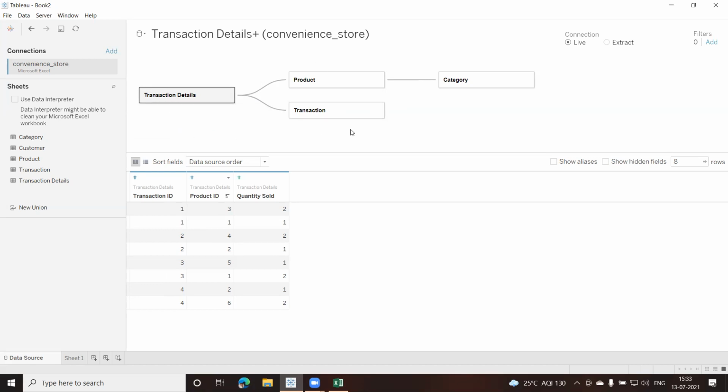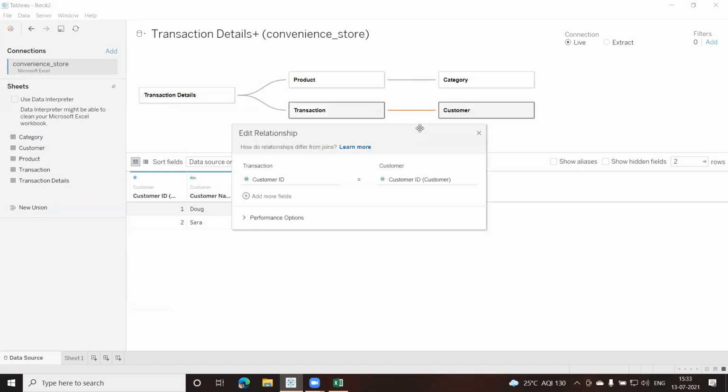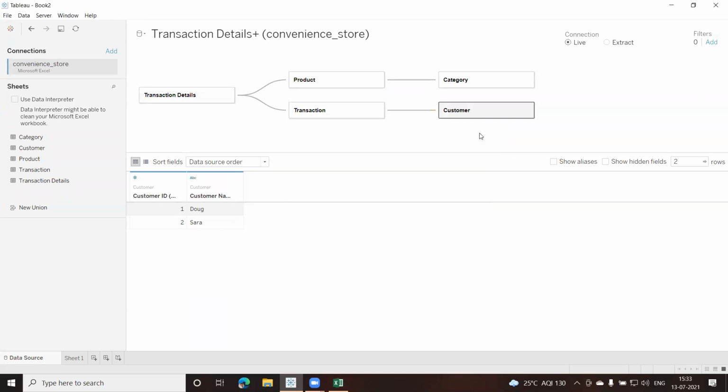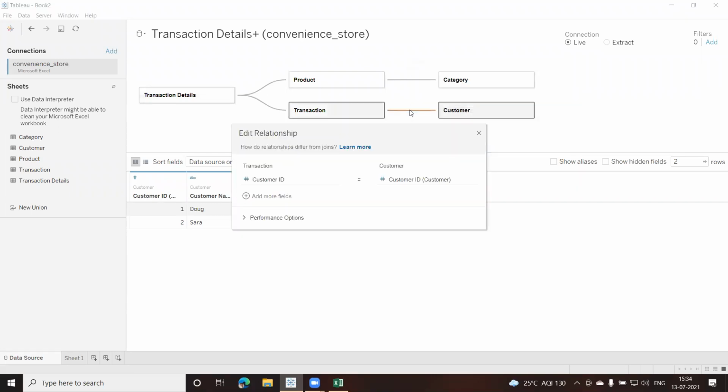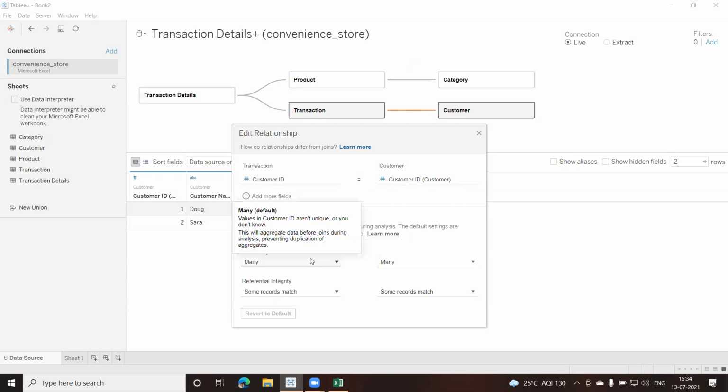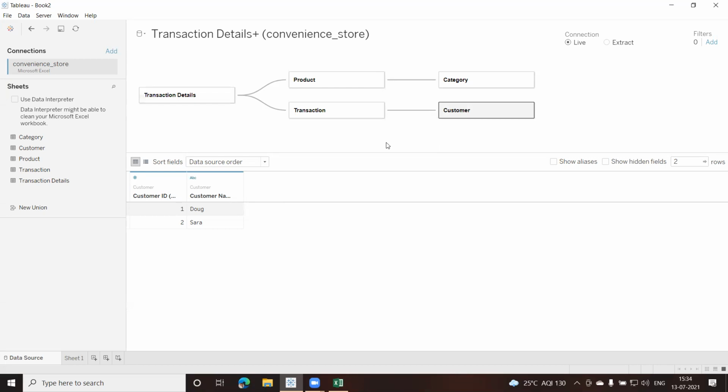Now, what is the fifth table we have? We have product category and we have customer. So I'll just drag this, because again, whether we have one customer with multiple transactions, or one transaction by multiple customers, both ways are not possible as set. So again, I need to go and change this. One customer will have multiple transactions, but one transaction cannot have multiple customers. Please remember. So I'll change this to one customer, multiple transactions. Okay, this goes off. Now this completes my relationships.